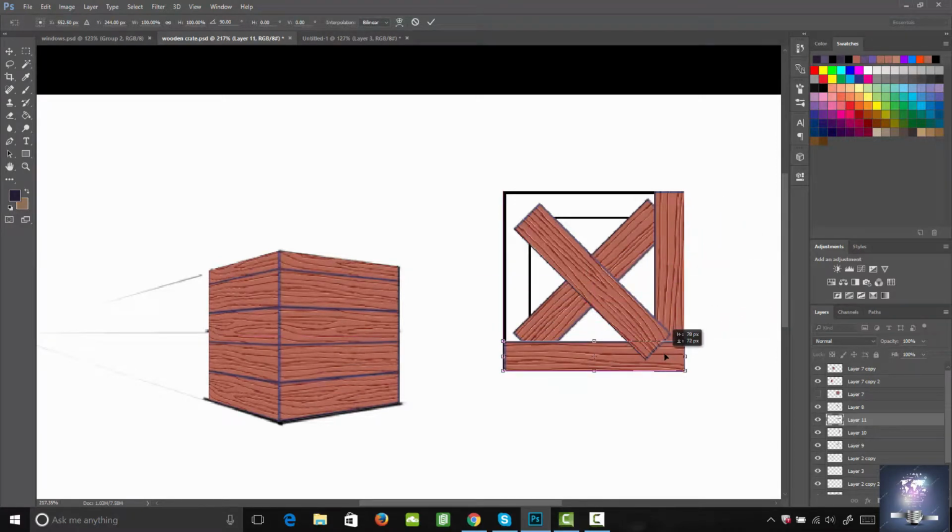Now we're going to drag that into place over here. We'll hit enter. Perfect. Now we have a little bit hanging out over the edge on this guy, so we're going to come back to his layer. Using my marquee tool, I'll just go ahead and delete that. Great. Now we need to drag both these layers up so that they're not being covered by these crisscross pieces of wood. So I'll select both of them, and I'm going to drag them up above both of those pieces